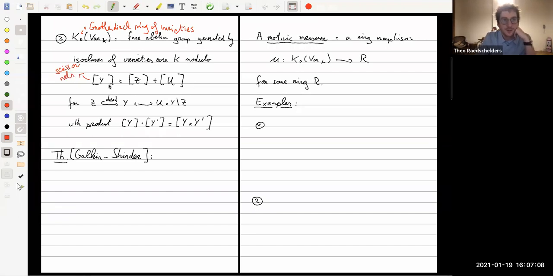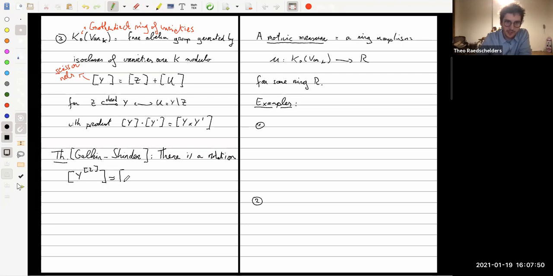Scissor relations. So we say that the class of Y is equal to the class of Z plus the class of U if Z is a closed subvariety of Y with open complement U. Hence the name scissor or cut and paste. And the product is just the product of varieties. So with that out of the way, we can now state this relation, which is due to Sergey and Evgeny. So it says there is a relation: the class of the Hilbert scheme